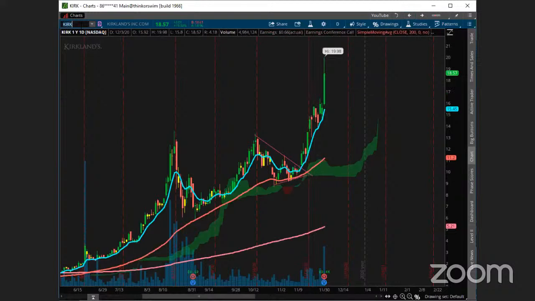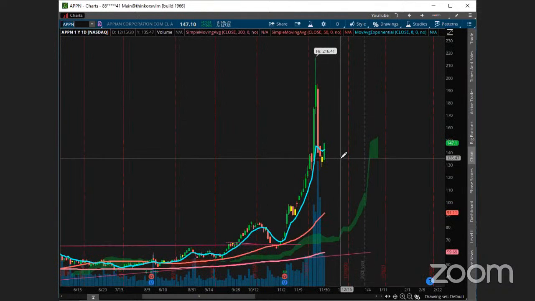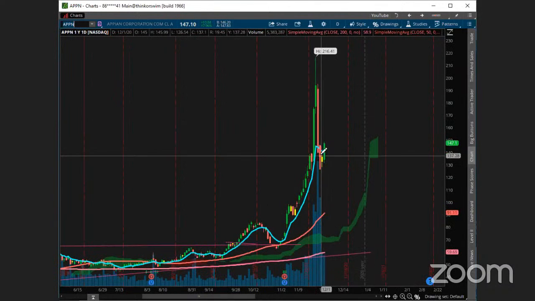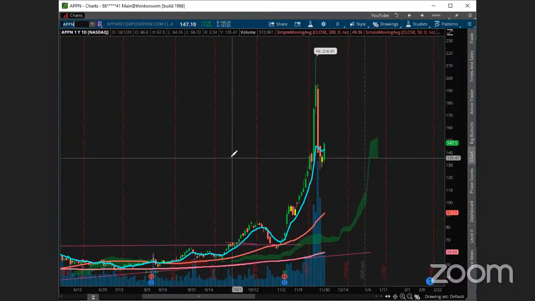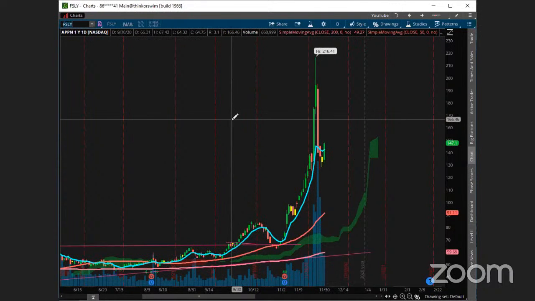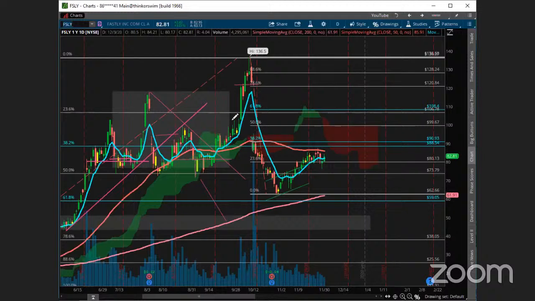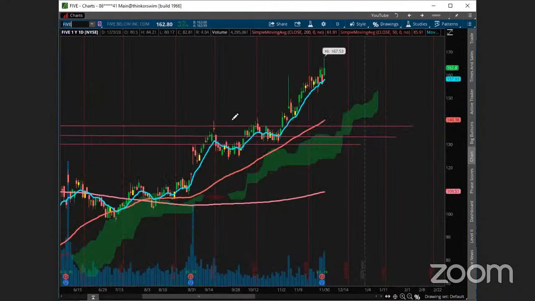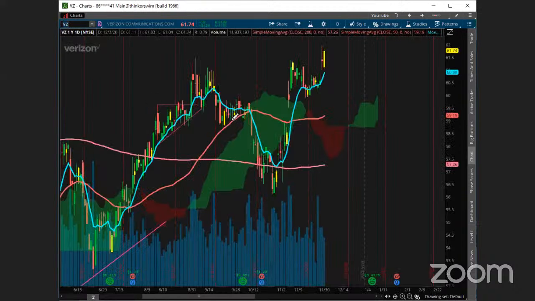GG, APPN, let's take a look. APPN, so inside day up on APPN. So pretty nice right there, and I like how it's over the ADMA on that one. So that could be pretty interesting. And then FSLY, still hanging in there, below the 50 days, so it's just kind of struggling a little bit, not looking too amazing, but we'll wait and see if it gives some volume breakout candle or something like that. Watch your upper shadow on that big push right there, Samit. And then VZ, I believe, had that inside day. Good stuff there. Yeah, inside day. Let's see if we can break out one way or the other.